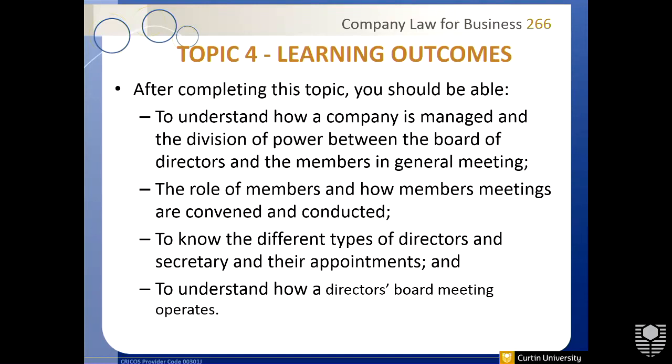Now, from this topic onwards, you will be assessed in your multiple choice questions, topics 1 to 8, and from here onwards it will already be part of your exam. You can be examined from topic 4, I don't know, but it may be part of it. And if you are, these are a few of the areas that you can look at. One is division of powers between members and directors as a potential. The other is members' meetings. How can it be convened? It can be a short answer question with 10 marks. It's been asked before. Although it's relatively procedural, it is important.